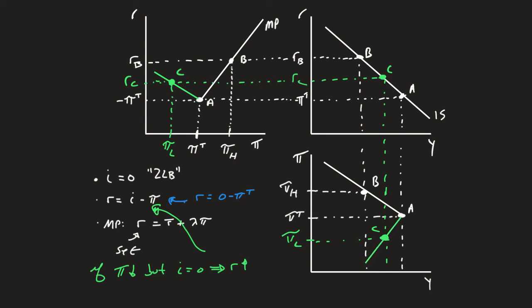So we end up seeing my aggregate demand curve having that exact same kink. So when we see inflation start to go down, maybe even become deflation,